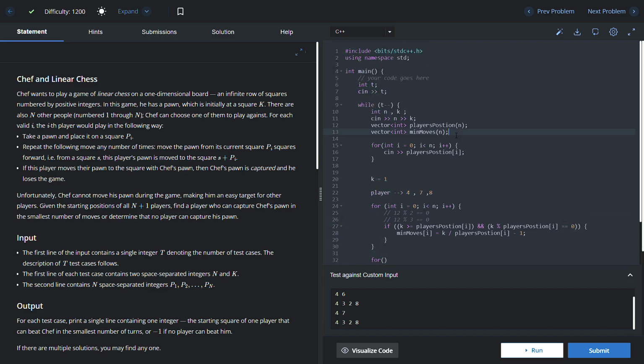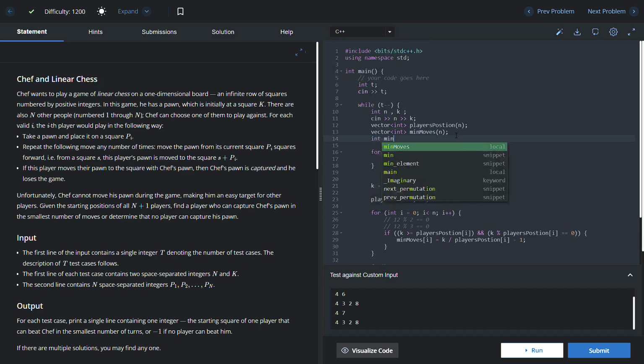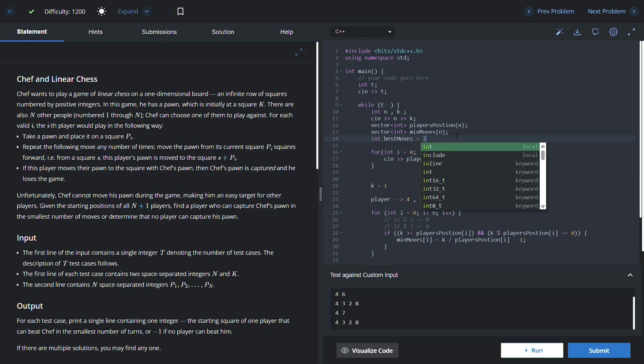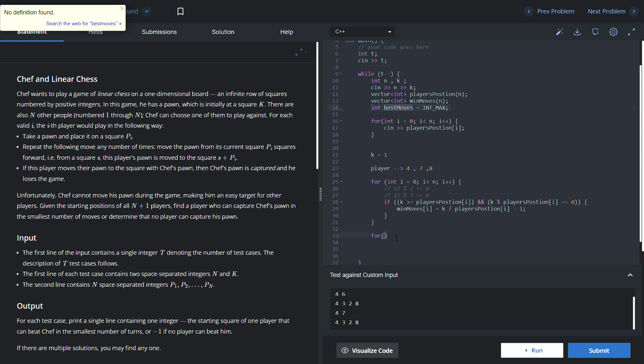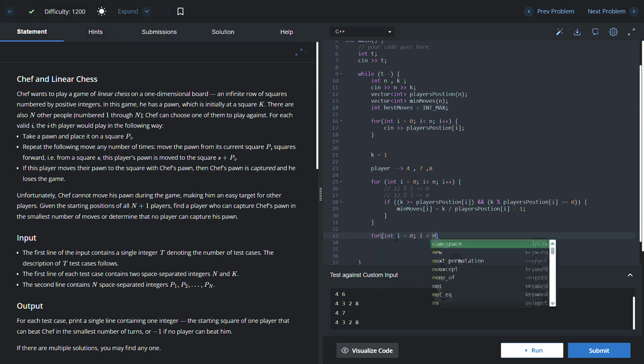So now we need to make one more variable, that is best moves, that is int max. Now int I is equal to 0, and iterate over this, I plus plus,